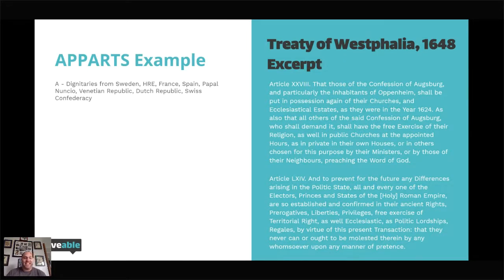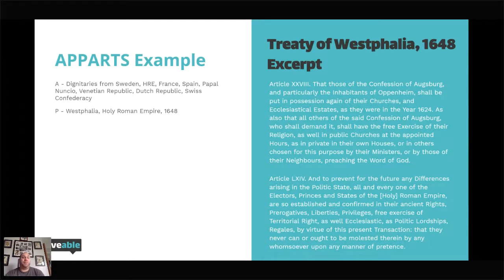They're always going to represent the nations that were either part of the war or part of the peace process. Okay. So next we have P for place and time. This one's pretty easy. It's given to you right in the name, Westphalia. Now, Westphalia, if you haven't gotten this far yet, is in the Holy Roman Empire, all right? And it's taking place in 1648.